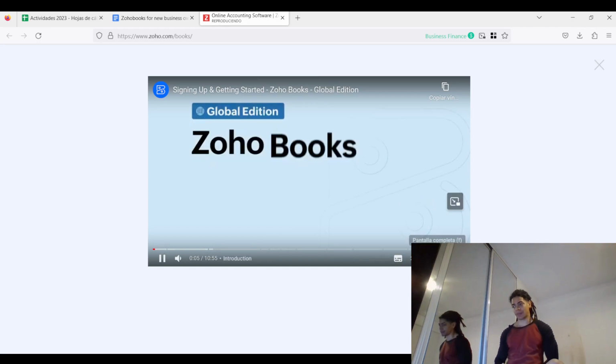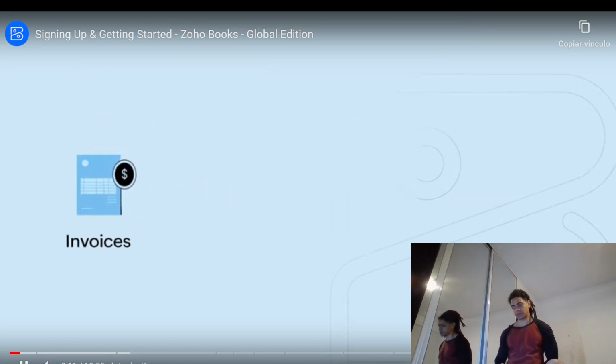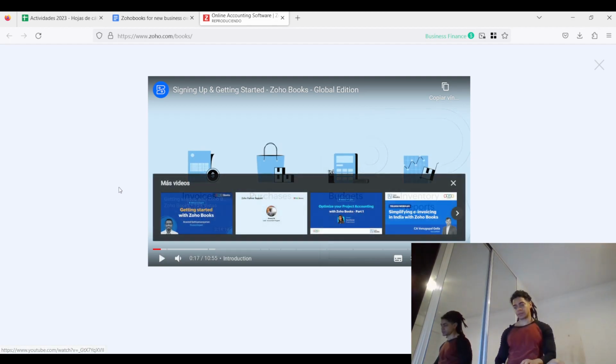Welcome to Zoho Books, a powerful financial platform for your business. With Zoho Books, you can handle all your accounting needs, such as managing invoices, purchases, budgets, inventory reports, and much more. In this Okay,